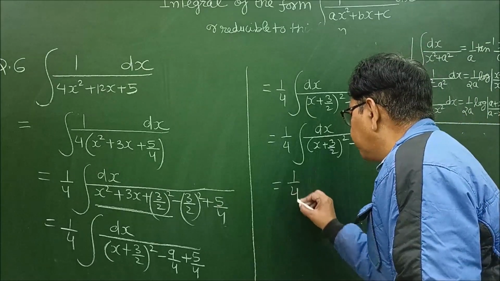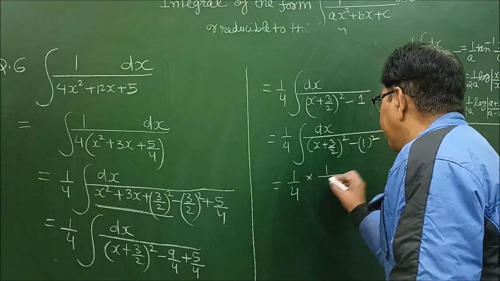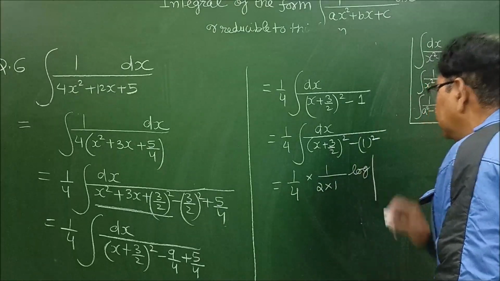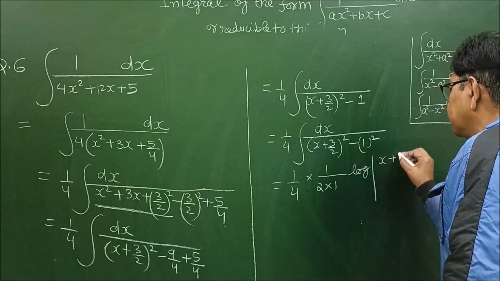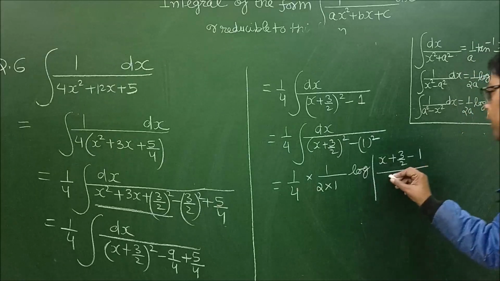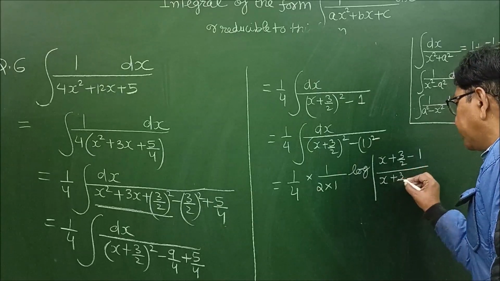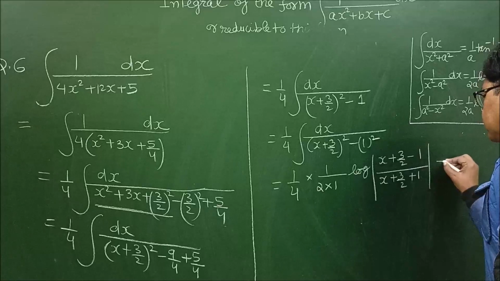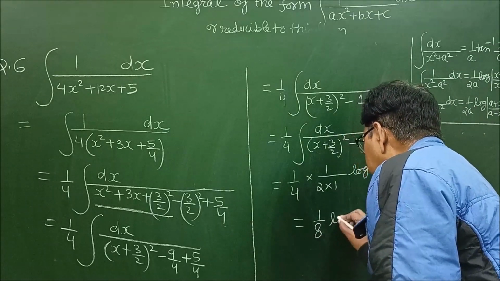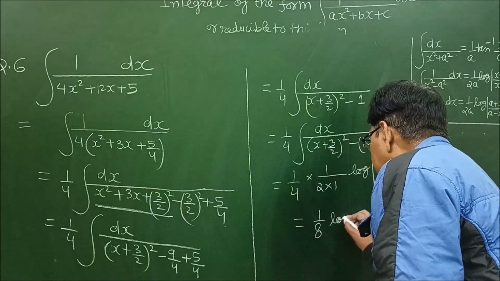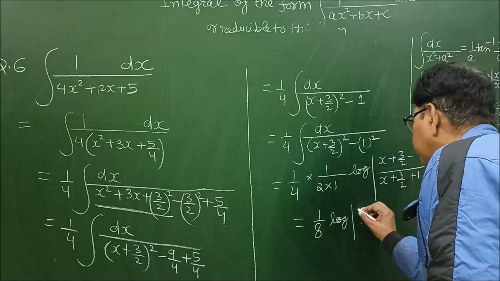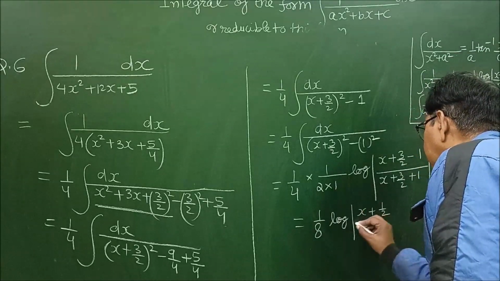So 1 upon 4 into 1 upon 2a, that is 2 into 1, log mod x minus a, x plus 3 by 2 minus 1, upon x plus a, that is x plus 3 by 2 plus 1, plus c, which is equal to 1 upon 8 log mod, and 3 by 2 minus 1 means x plus 1 by 2, upon here we have